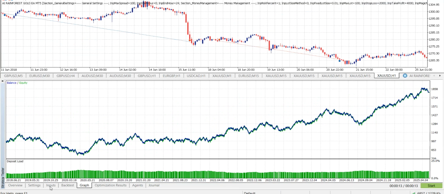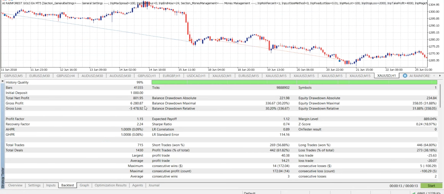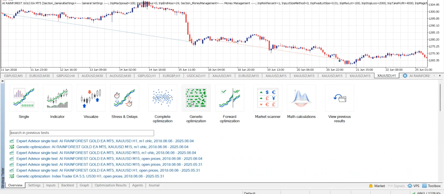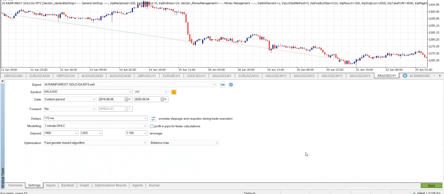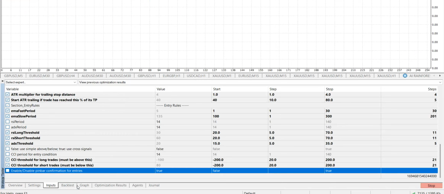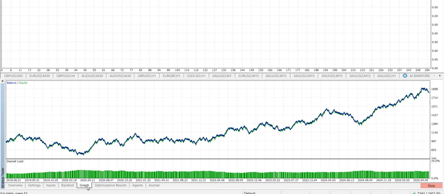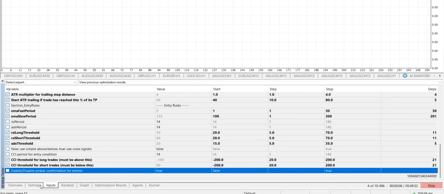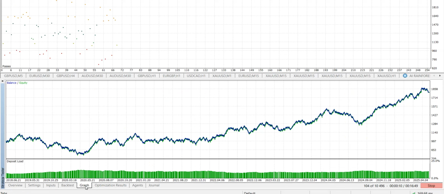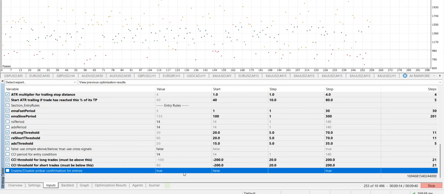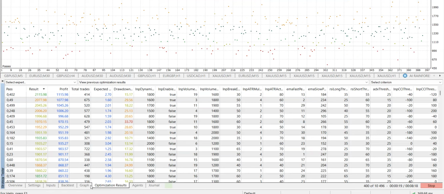Interesting. Without any optimization we got this, which I think is already better than what we got with optimization on the 15-minute one. And I know for now you might not be insanely encouraged to use the pin bar, but what I want to tell you is, when we are trying out something for the first time, you have to have an open mind,